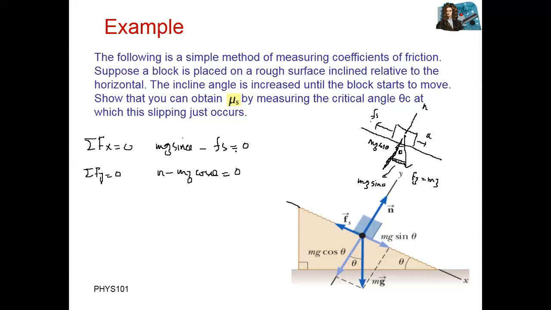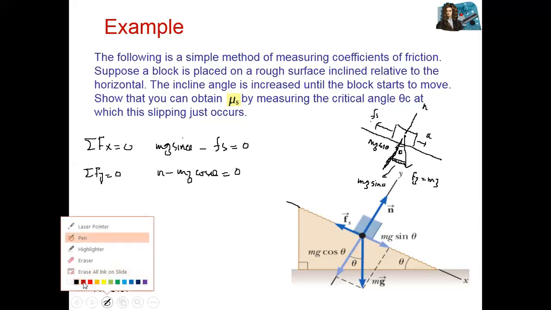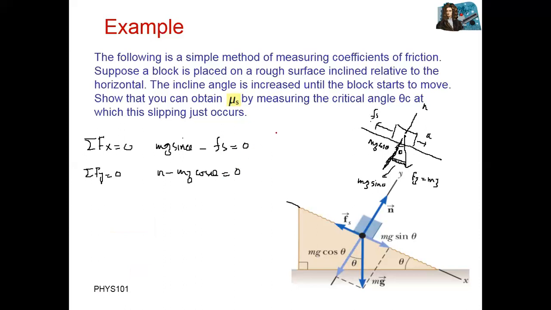From the first one, if we transfer, we have f of s, the friction force, equal to what? Mg sine theta. Okay, so from this one, if we find the value of mg, how can we find n? If we have n equal to mg cosine theta,